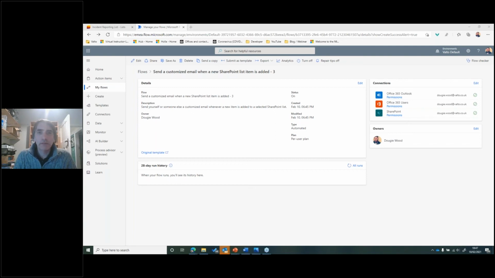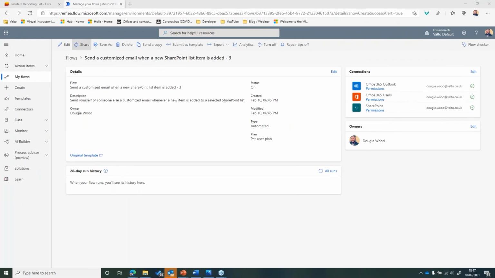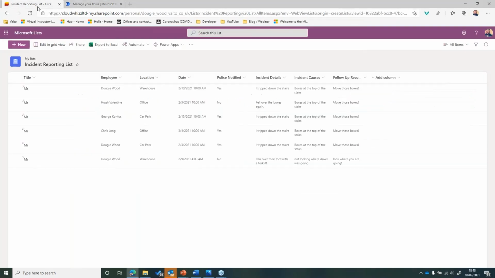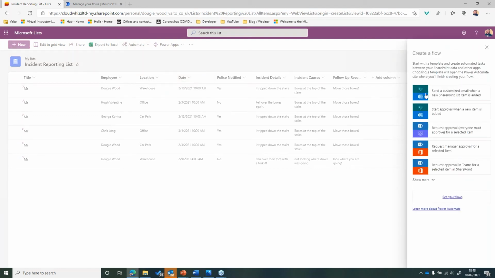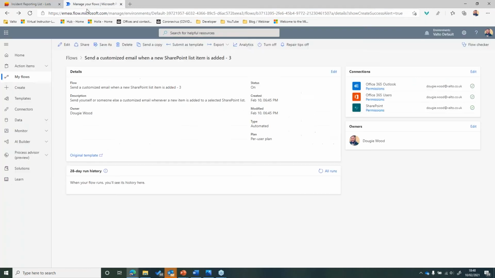Okay, cool. So I'm not too sure where we broke off from there, so I'm just going to do a little 30-second recap. Essentially, from my database, I've clicked on Power Automate here, created a flow, and I've selected a pre-built template, which is send a customized email. Now, from here, I've got to the home page of my Power Automate, and I want to edit this